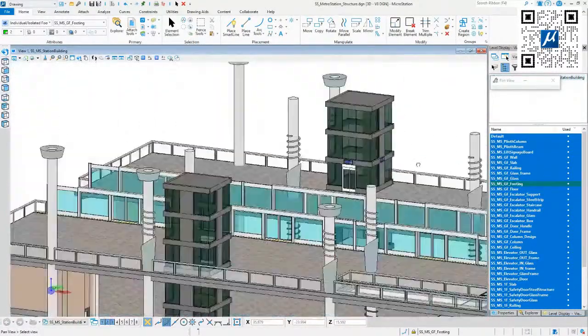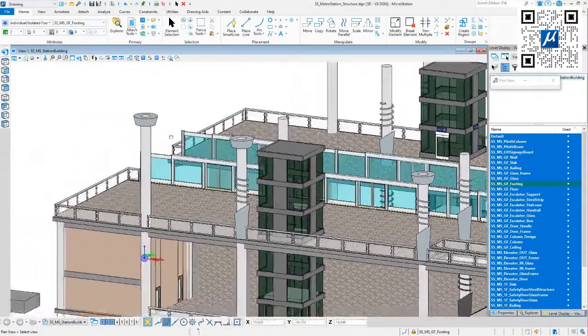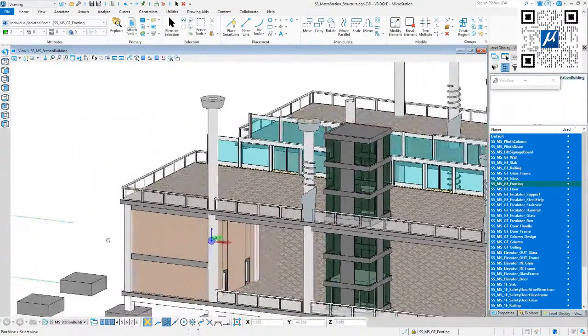It's not my mouse today, so I have to try a little bit. Yeah, that's basically Accurdraw. And